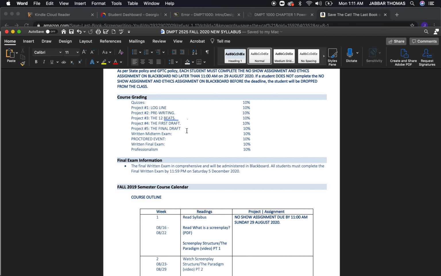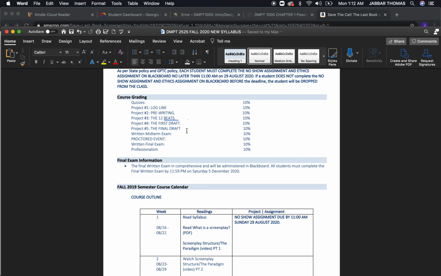As far as the length of that short script, you'll see a project assignment sheet that's going to give you more details on that. But your short script should be no more than 14 pages long. When I say short, I mean short. And you'll find out that writing a short script and hitting all the beats, getting all 3 of your acts in, doing all the character development that you have to do in 14 pages is difficult. You say, well, can we have 20 pages? Can we have 25 pages? Absolutely not. It's not how it works in the real world. If they say 14 pages, they mean 14 pages or less.